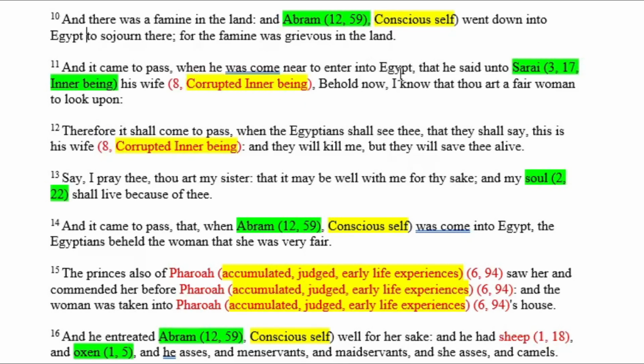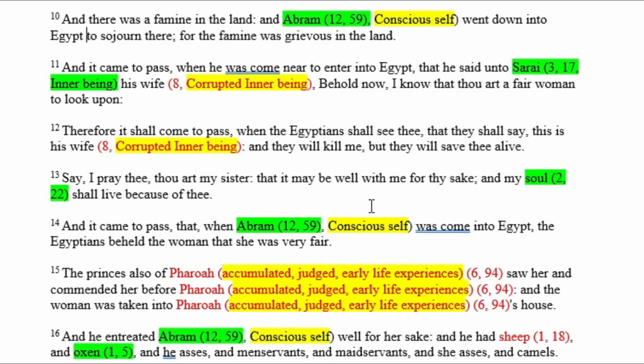And it came to pass when he was come near unto Egypt, he said unto Sarai being his wife, behold now the fair woman. Okay, so this is not really happening. What is happening in this part of the story right here is that we're just simply going out. We're leaving the higher awareness behind. God doesn't help us. Why is that? This is that part of our life where we have left our childhood connection with the higher awareness, and we are living life not knowing that it's there. So that's why the Lord is not helping us. The Lord is the higher self, and this is the time we're living life unaware of that.